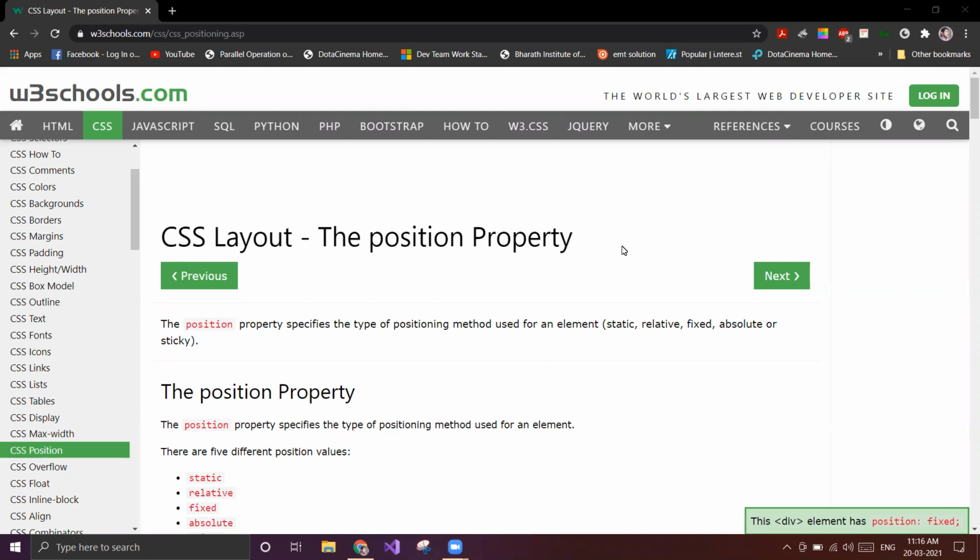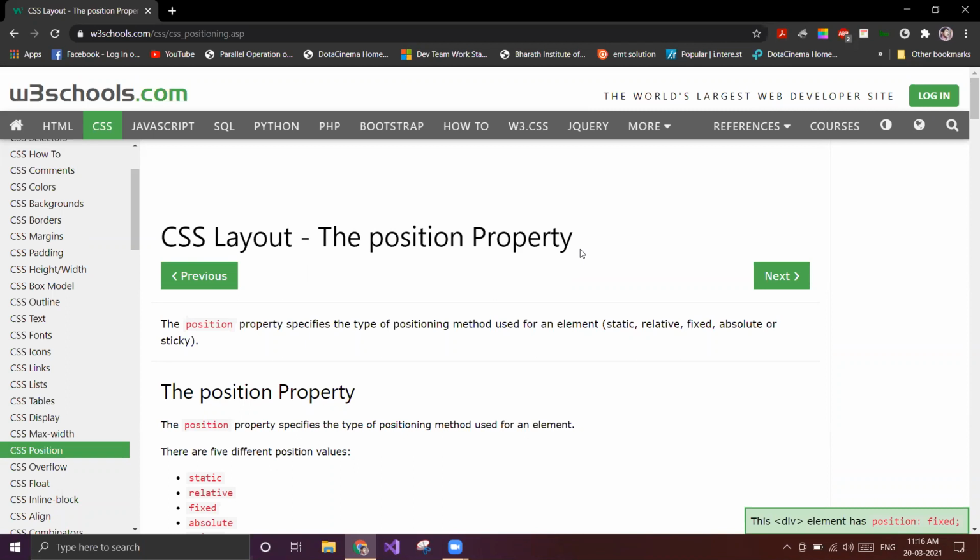Using those, we can correctly align the elements. But what if we want to change the position of an element?